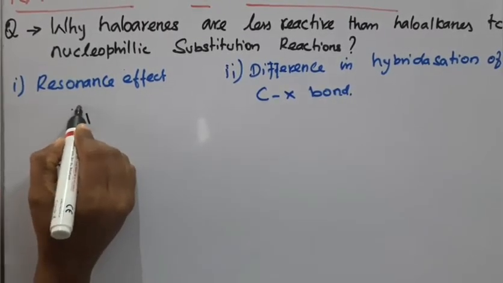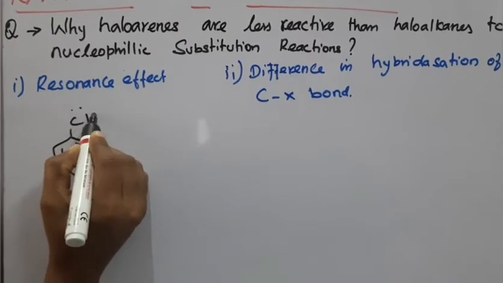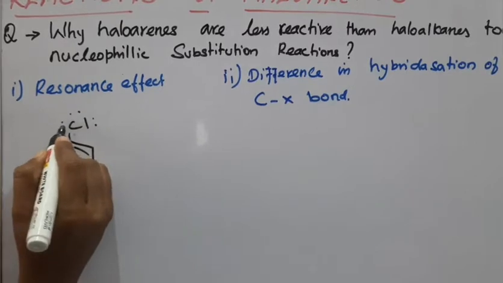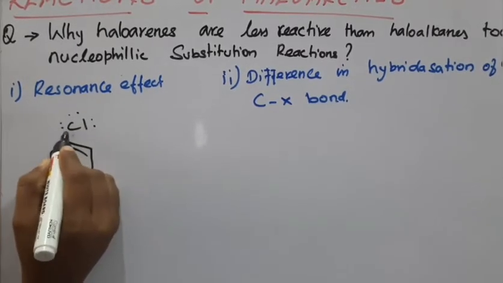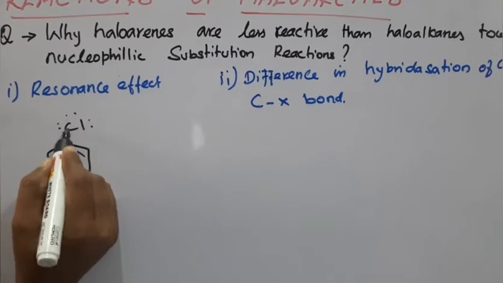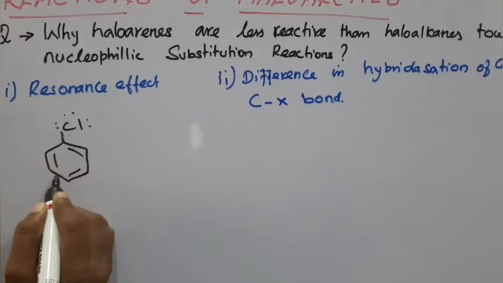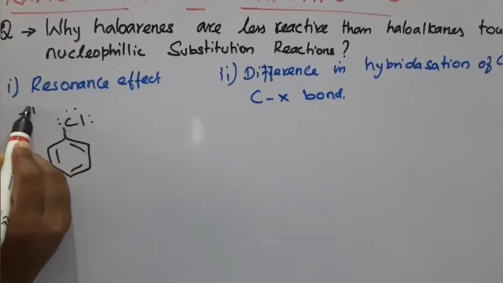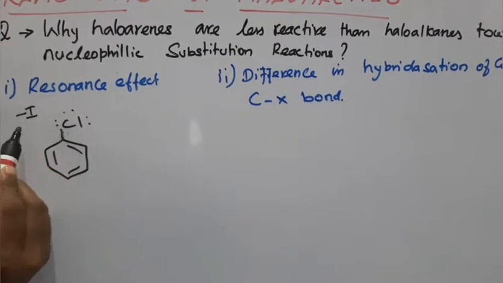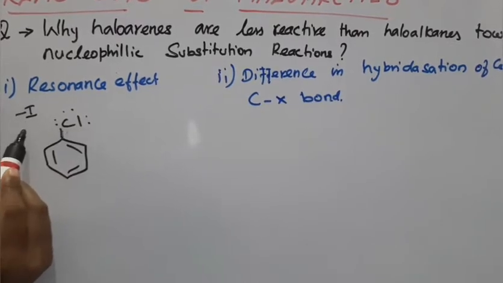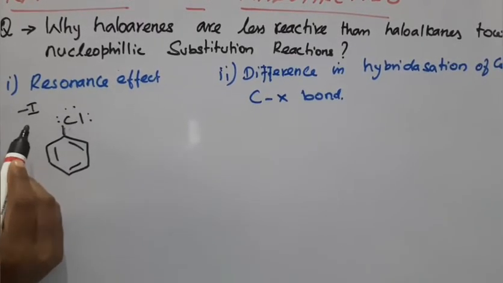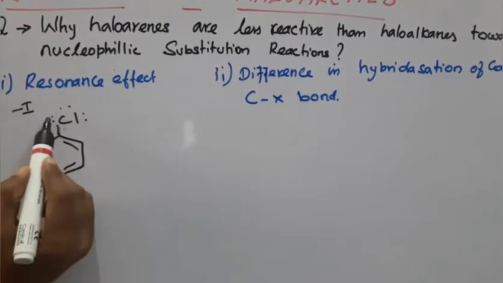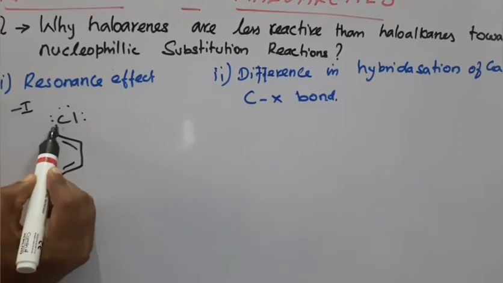This chlorine contains pairs of electrons, 1 2 3 4 5 6. One electron is shared in the C-Cl bond. So this is the haloarene structure. It undergoes a minus I effect. Students, listen, this is a new concept, minus I. What is the minus I effect? Inductive effect. When a halogen is attached to the aryl ring, it is readily an electron withdrawing group.